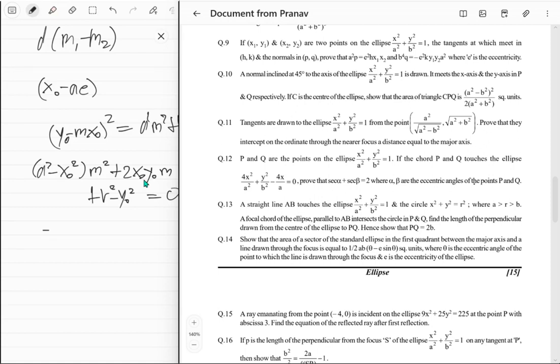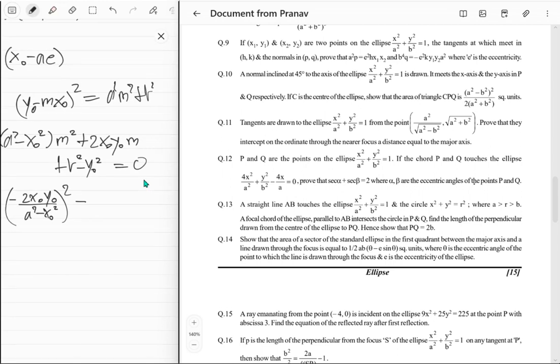Negative 2x naught y naught upon a square minus x naught squared, all of that squared. Okay, and then minus 4 m1 m2, which would just be 4 times b square minus y naught square upon a square minus x naught squared, and then you want to take the square root of that,